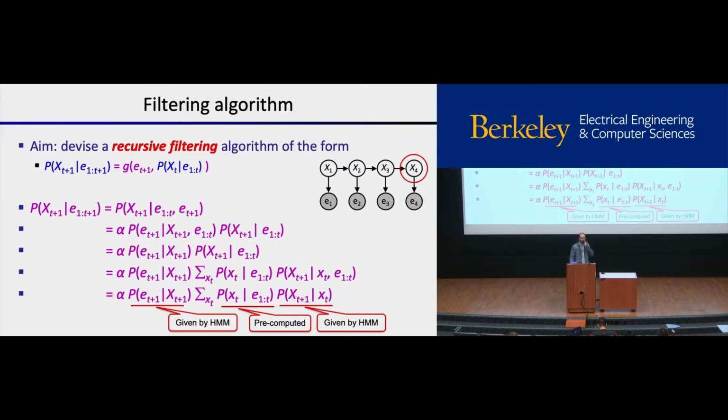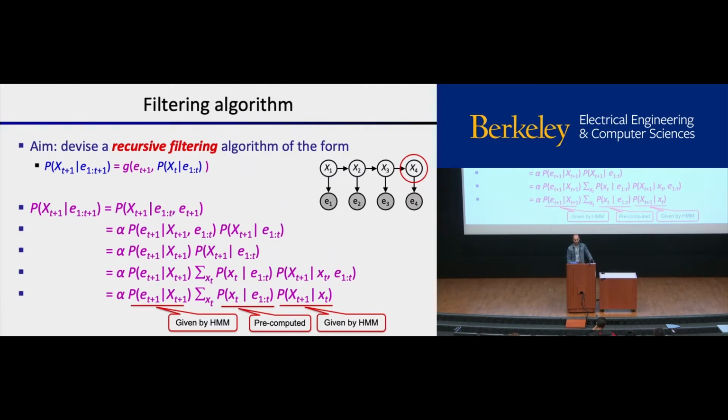So this is the sort of question, well, one sort of question, that we might want to ask. Given all the evidence that we've seen, and so this is E1, comma E2, comma so on up to E(t+1). That's what this notation means. Conditioning on all of those variables, all these shaded variables, what is the probability distribution? Remember, capital letter, so it's a vector or a distribution over the values that this latest hidden variable could take.